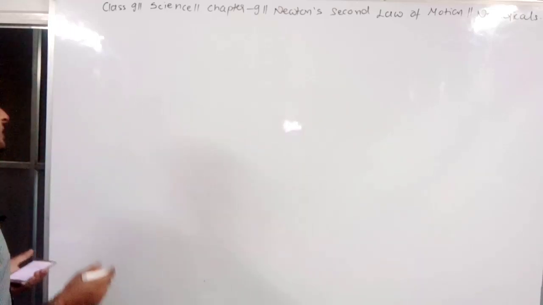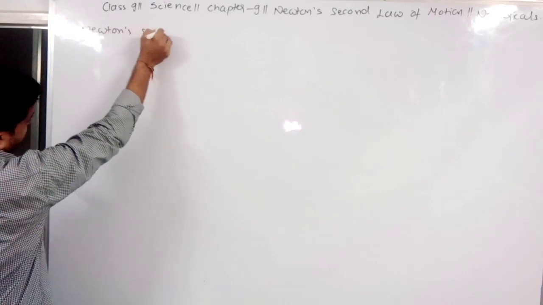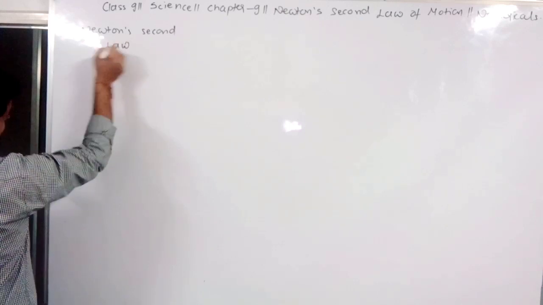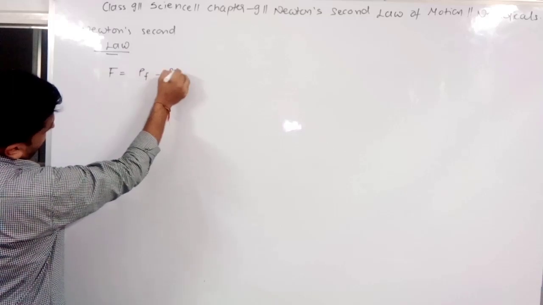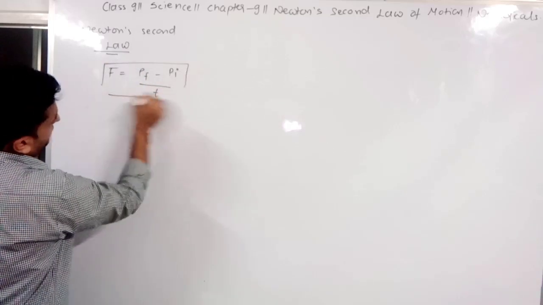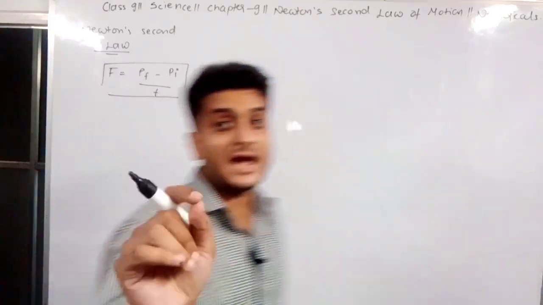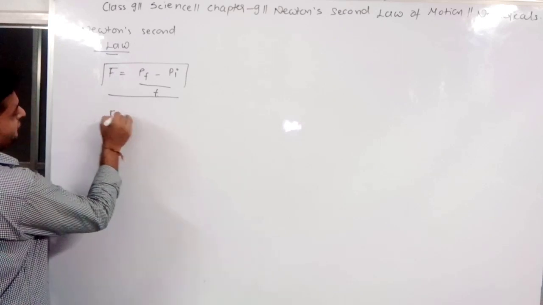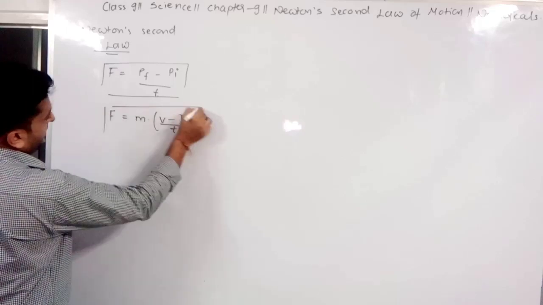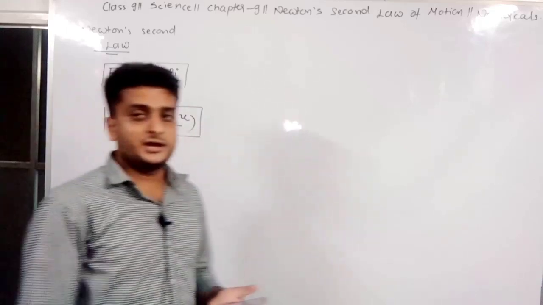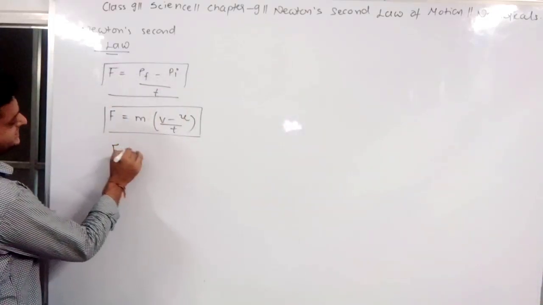आपके सामने रहे सारे formula। सो अगर आपको याद हो बच्चों, तो Newton's second law के दो formula थे, ओके। Newton's second law का पहला formula था force is equal to final momentum minus initial momentum by time. This was the first formula of the Newton, that force is equal to final momentum minus initial momentum divided by time for changing that momentum. Second formula बना था force equal to mass into v minus u by t, right, okay. F is equal to mass into v minus u by t, और उसको हमने लिखा था कुछ इस